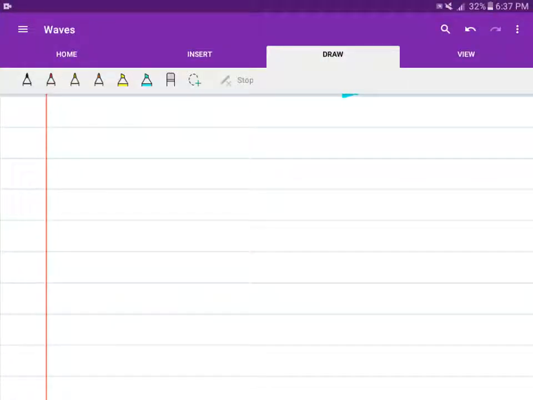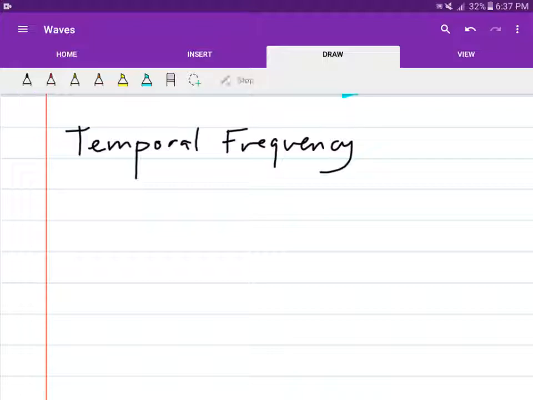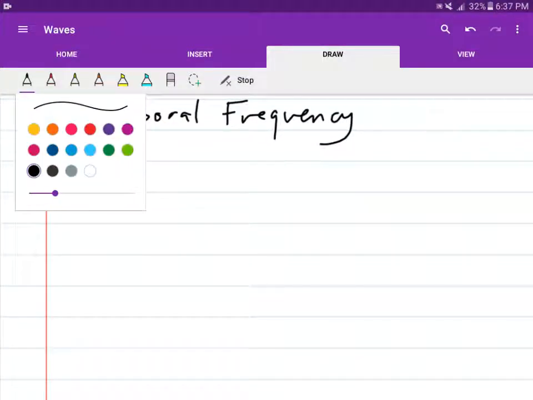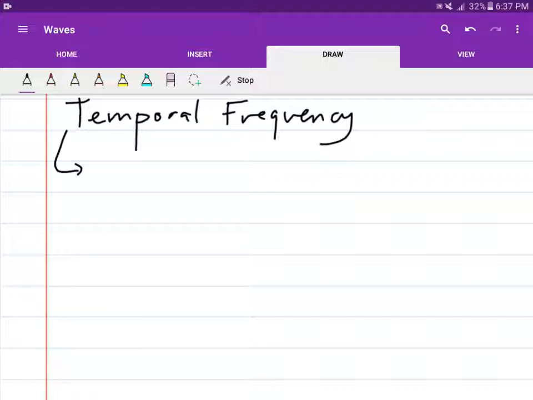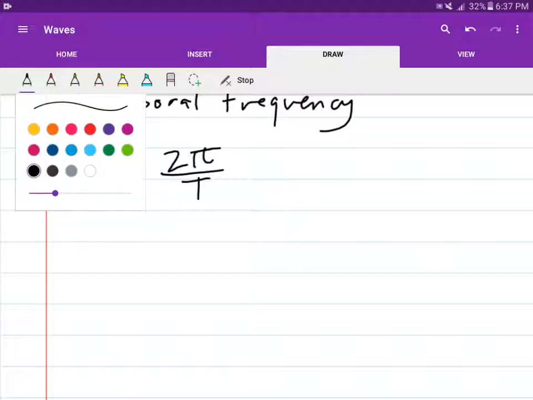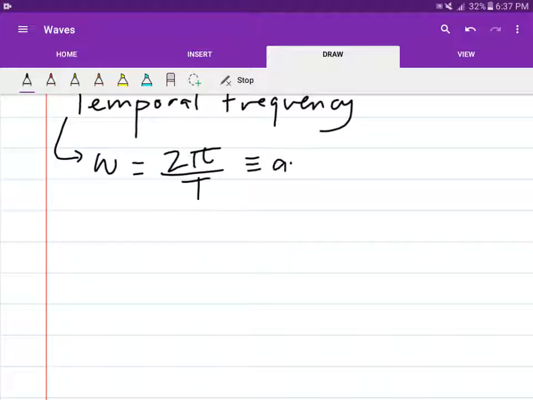Now let's talk about temporal frequency and spatial frequency. So let's start with temporal frequency. Temporal frequency is calculated using the Greek variable omega. So omega is equal to 2 pi over p, or 2 pi over the period. So omega, also called angular frequency,